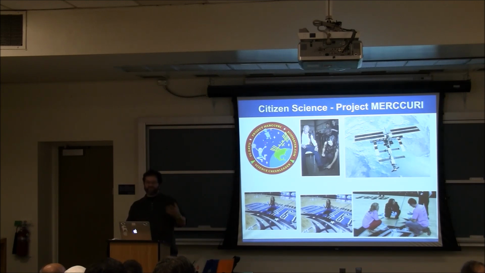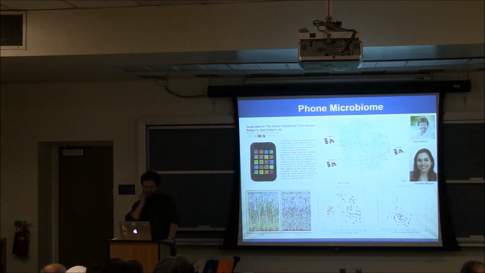What we would like to do is the same thing for microbial diversity. We would like to engage the public in sampling microbial diversity in the same way that people are engaged in sampling bird diversity. Now, it's a little bit harder. You can just go out with your binoculars and see the birds. You can't quite do the same with most microbial diversity, but we're working with a variety of groups trying to design methods for people to go out and collect swabs and then get back culture and/or sequence data relatively rapidly and create a global map of microbial diversity with a citizen science project.